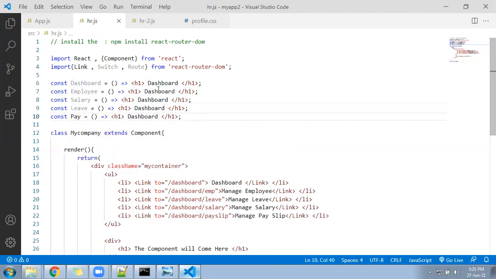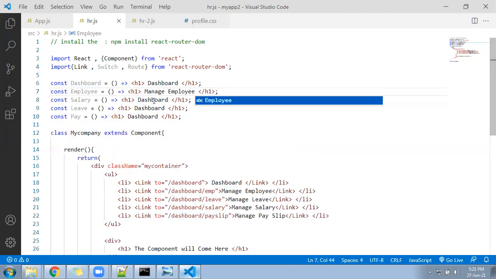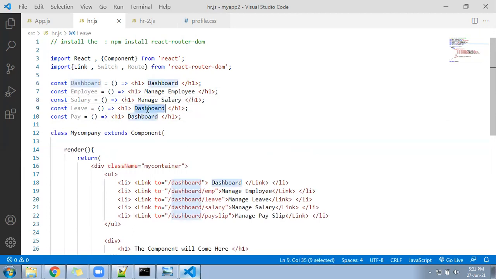Now let me change here to manage employee. Let me change here to manage salary. Let me write here manage leave.